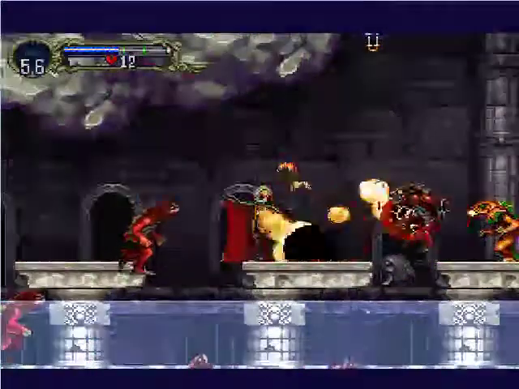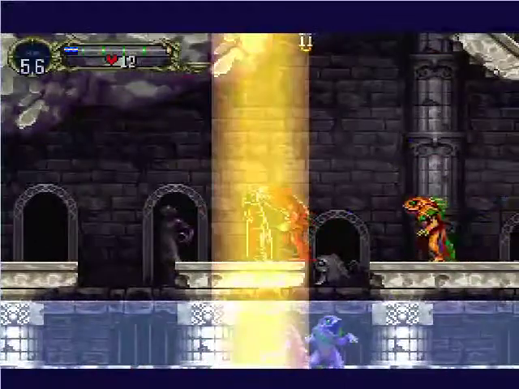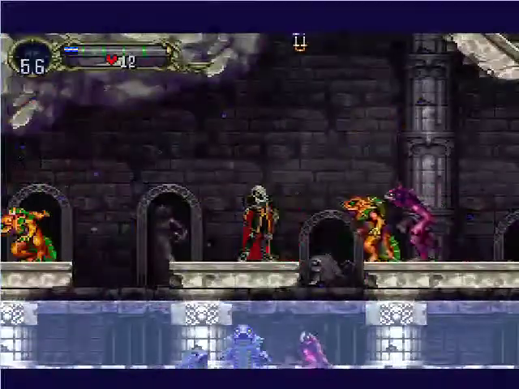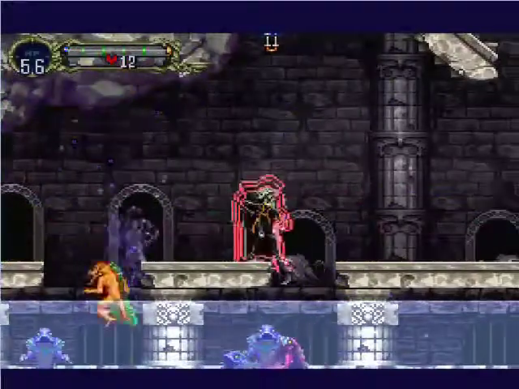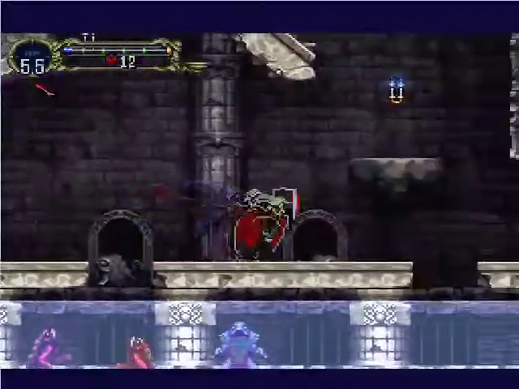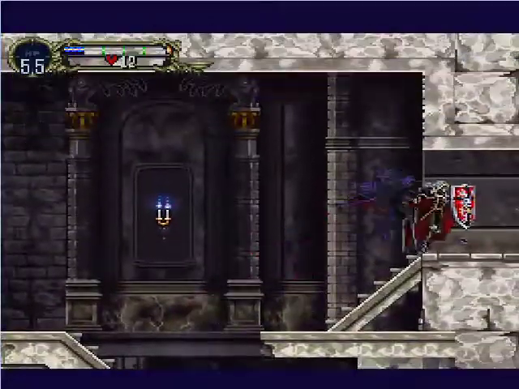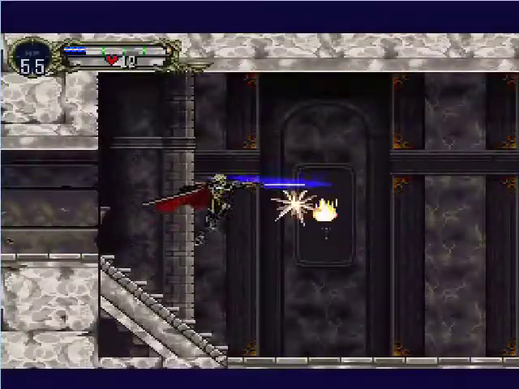Now, I'm holding up when I do that. If you don't hold up, he shoots normal fireballs. Oh, I'm out of MP again. Yeah, your shield flies away if you get hit while you're holding it, but somehow you can pull it out anyway. I don't know exactly how that works, but...